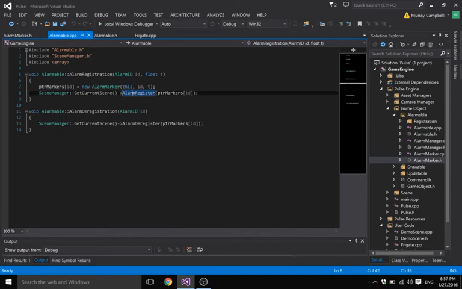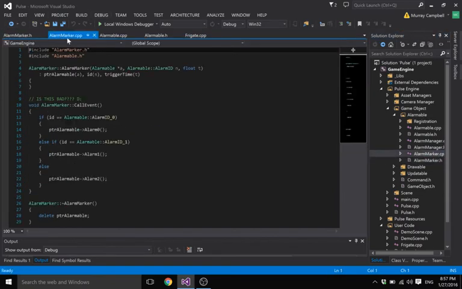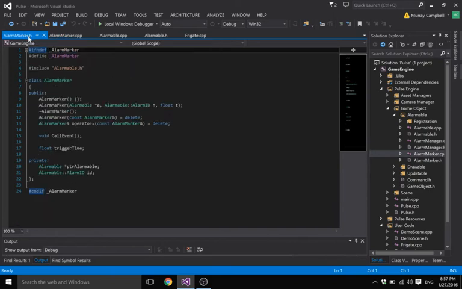Actually, let me explain alarm marker, and then I'll start from the top on the user side. So here's the meat and potatoes of this. This is the alarm marker. It has a trigger time, which I made public. It might be a bad idea to do that, but who knows? And then a call event, which